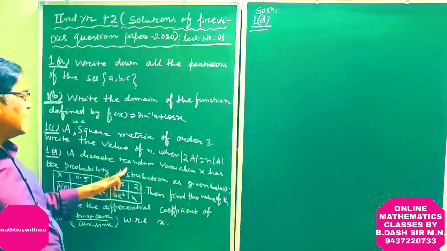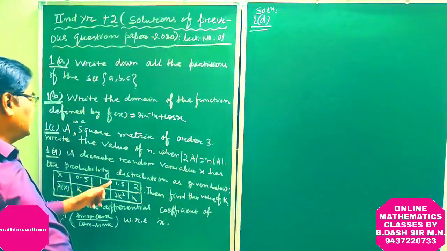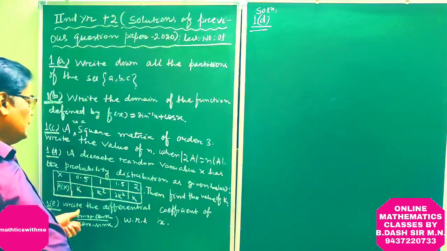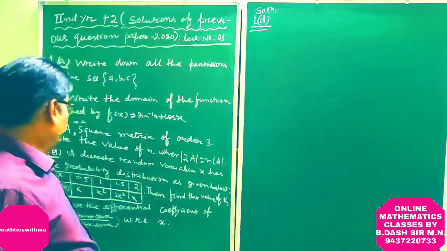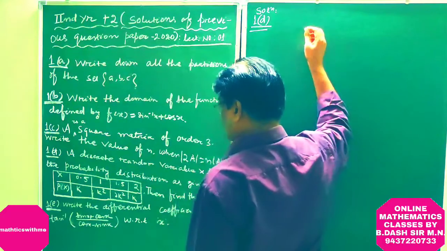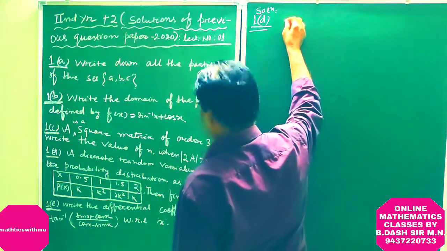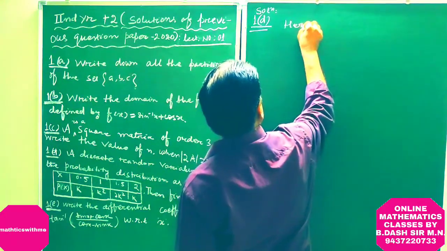A discrete random variable x has the probability distribution as given below. Find the value of k. We know the sum of the probabilities will be equal to 1. So here,